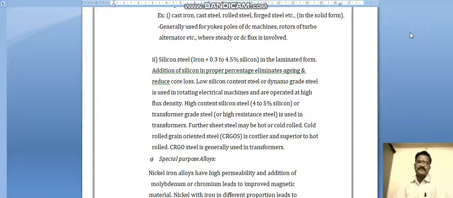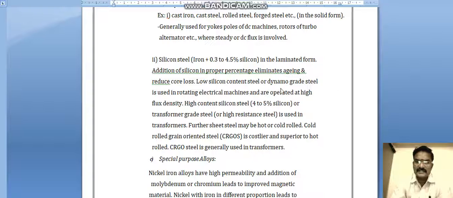Addition of silicon eliminates aging. In the sense, if we use iron for a magnetic purpose, after 10 years the magnetic properties of that material will be reduced. That is called aging. To avoid that, we go for silicon steel, adding silicon to the steel.